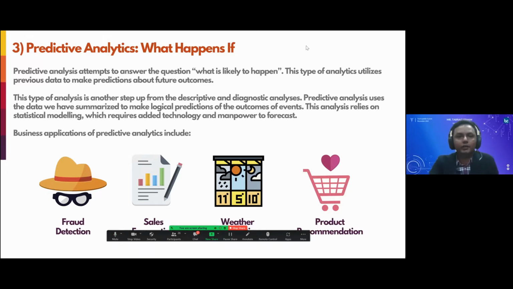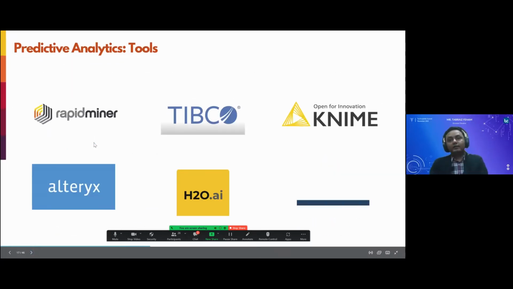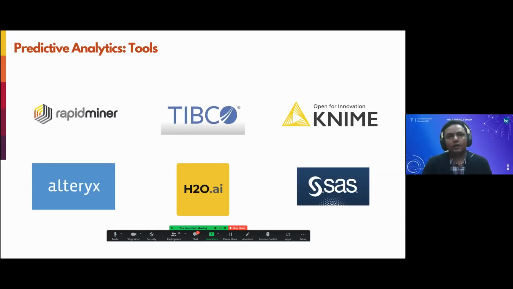Now, coming to the tools that you can actually use for predictive analytics. These are some of the industry leading tools. You can go for RapidMiner, TIBCO software, KNIME, Alteryx. H2O.ai has an open source version, which you can pretty much download right away and start using. SAS is an enterprise grade solution. RapidMiner is quite industry leading in terms of statistical analysis, and they have a basic sign up version for you to start playing around with as well.